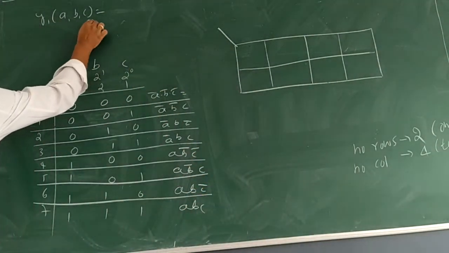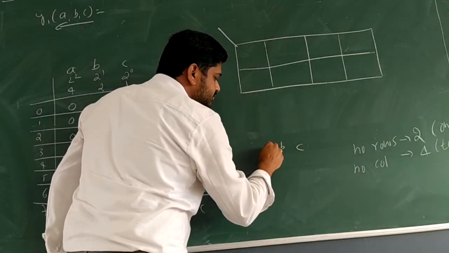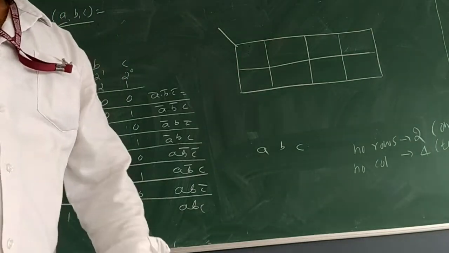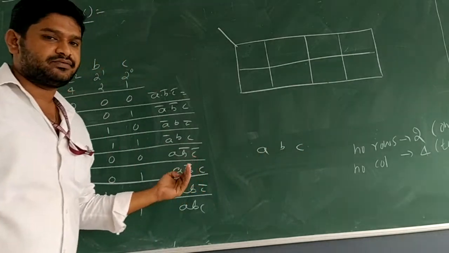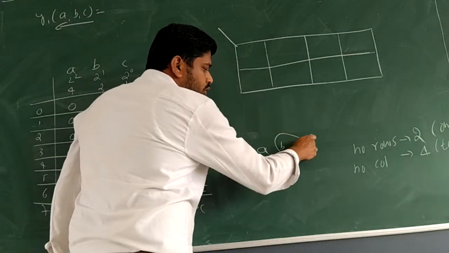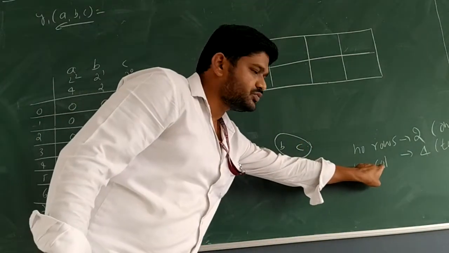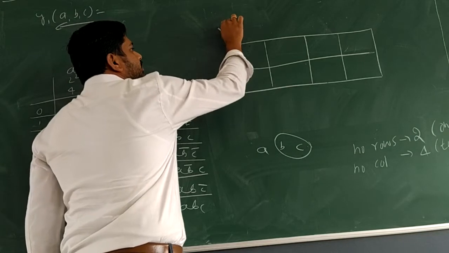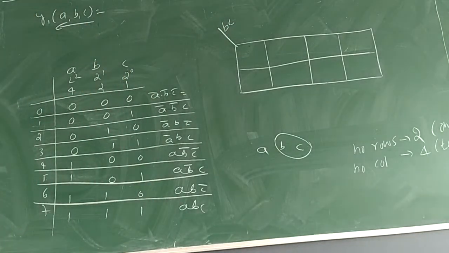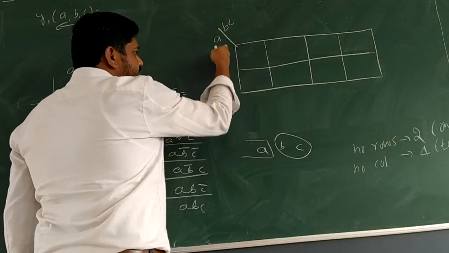Now what I will do is take the given function's variable arrangement from my right to my left. The arrangement is CBA, from right to left. First I will take two, that is B and C together, to represent the columns. What is remaining? That I will use for the row. So BC variables together I have used for columns, and A I will use for the row.